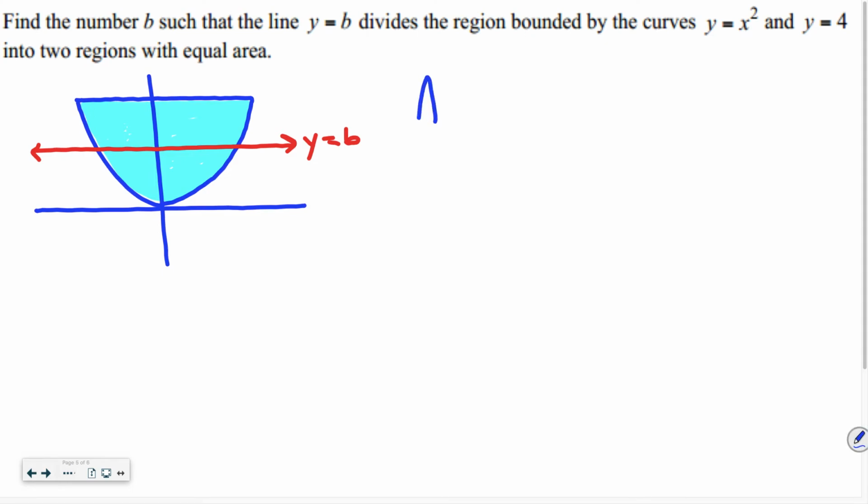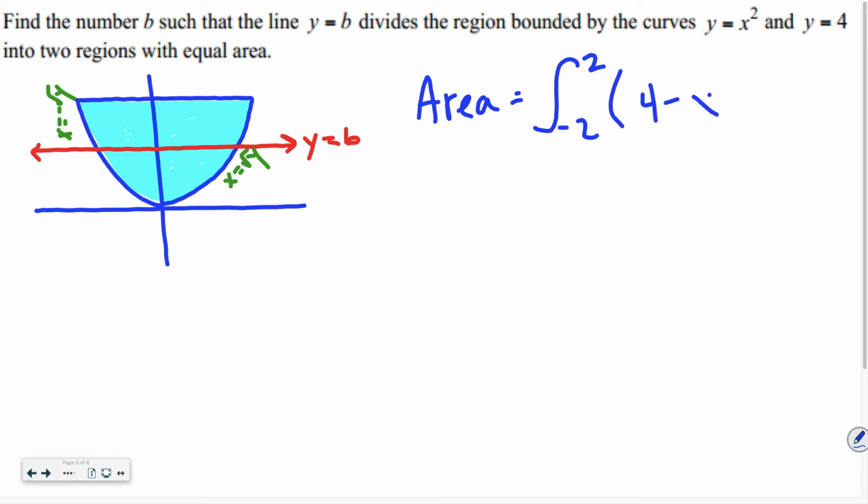Okay. Yeah, because you could call this x equals radical y, and this guy x equals negative radical y. Those would be your two equations if you wanted to use y's. If we're talking about the whole blue area, then if you wanted to use dx's, your integral would be from where to where? Negative 2 to 2 of